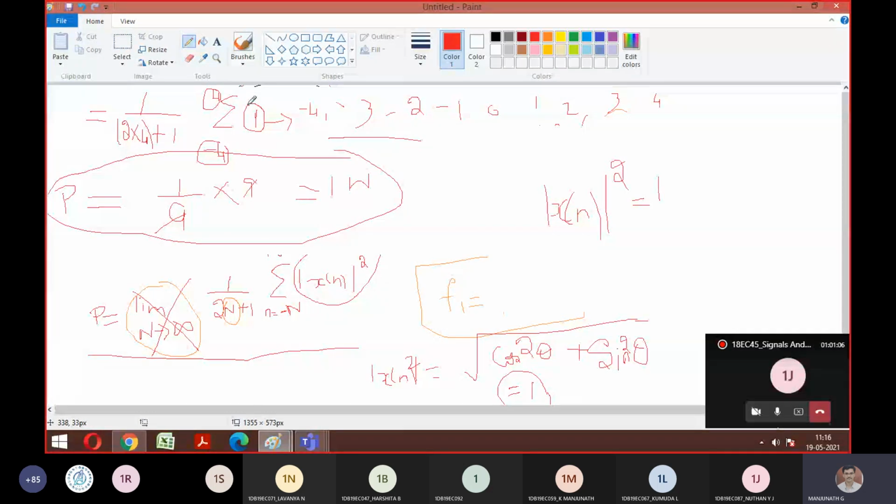So we are telling that the summation from -4 to +4 of 1. So this means that we can't substitute the variable, is that what you're telling, correct? Yes, sir. See, what I am telling is, whenever you find -4 to +4, whatever value is going to be inside, that itself is a value for individual terms. No need to substitute here. For -4 it is 1, for -3 it is 1, for -2 it is 1. That is what I'm telling.